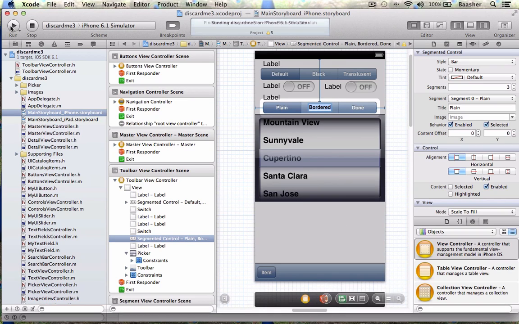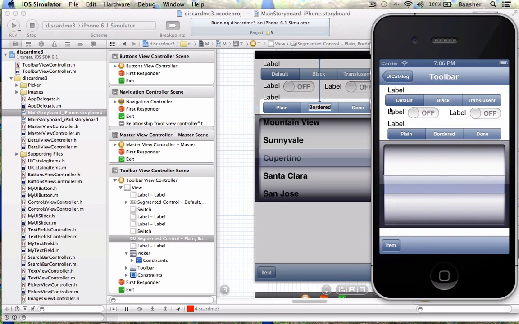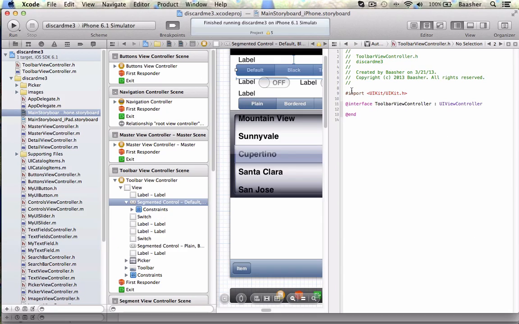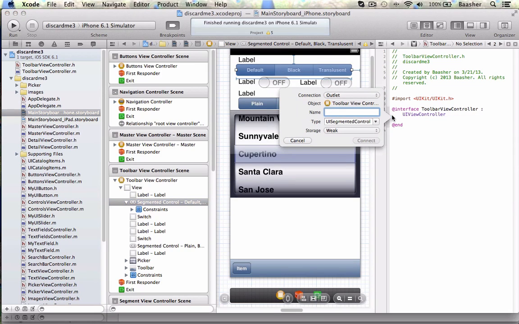So at this point I can run the application, click on toolbars, at least I can see it. Nothing happened so far, nothing has been wired up yet. Items are entered here and next step is to set that up. So next what I want to do is create IB outlets and IB actions for these controls. So the first one,